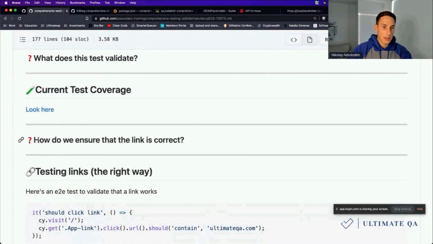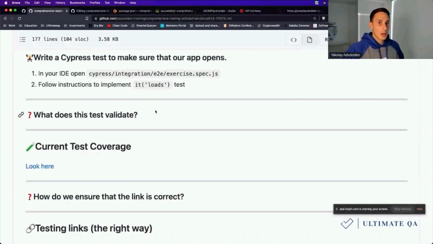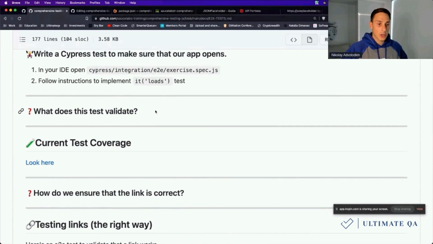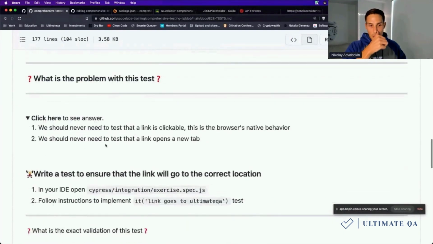How are we going to check that the link is correct? Clicking a link isn't actually necessary to validate that a link is correct. The reason is that the clickability of a link is actually a browser behavior. So if it's a link, then clicking it doesn't actually test anything particular to our application. Instead, it's just extra time lost to perform an action and then to validate that we navigate to the